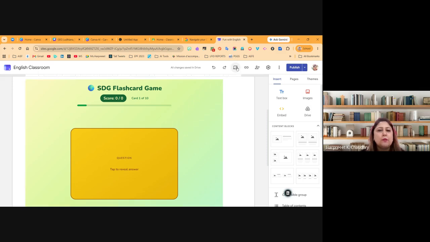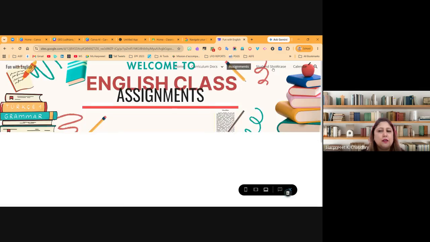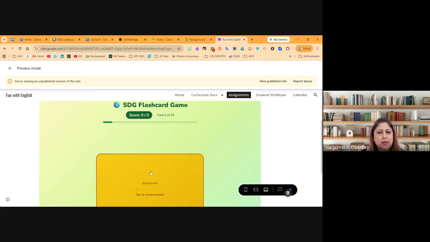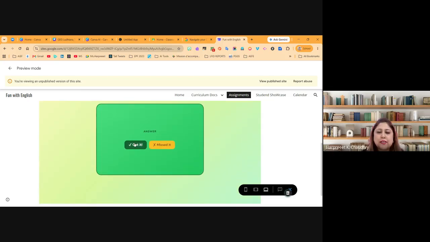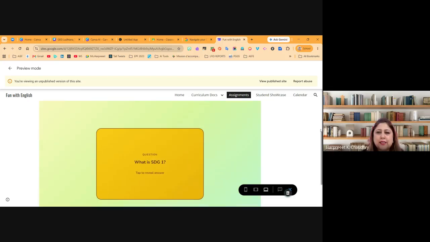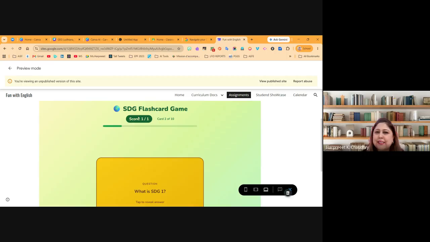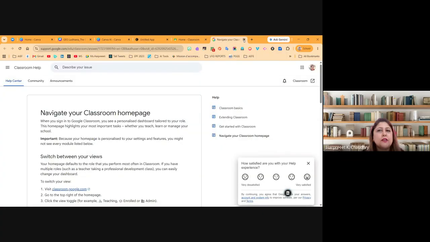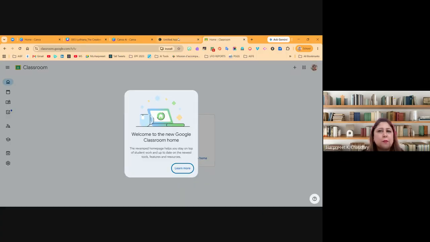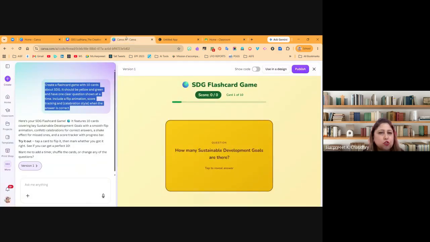I can hit the preview and if you see, with my page and my SDG game, it is clickable. It has the answers. It has everything. It has the scoring exactly the way it worked in Canva. So that is how you integrate it with your LMS. You can even assign it and you integrate it, the code, embedding it into something else that you'd like. So that was